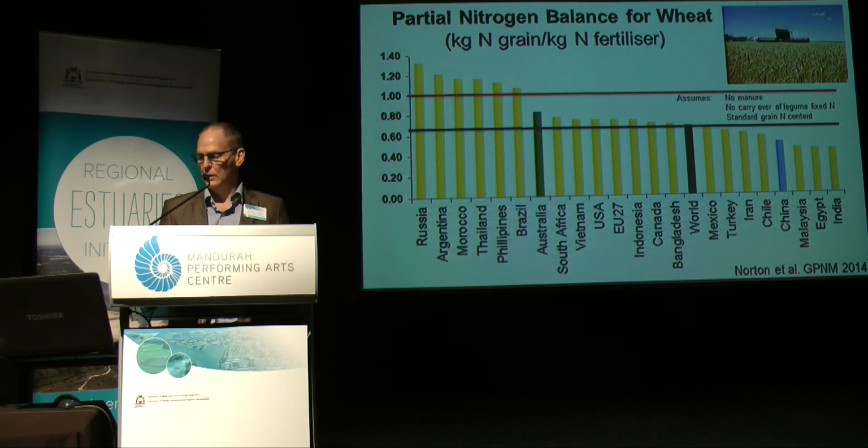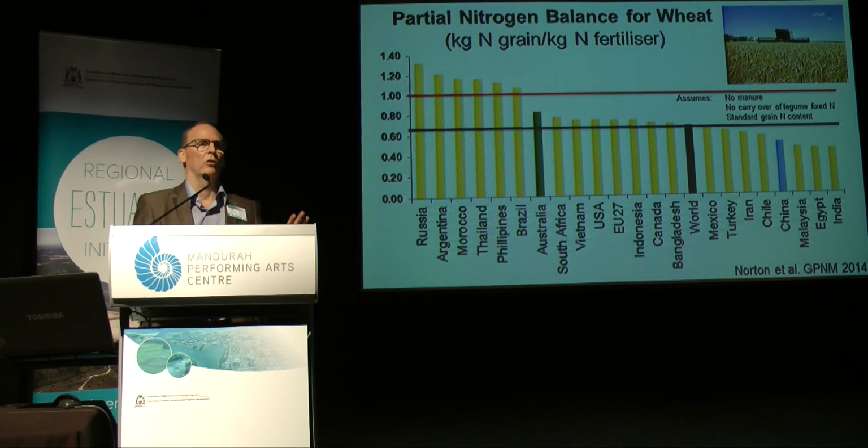Now there are some assumptions around this, and some of them work well for us and some of them don't. So we're not applying, in any broad sense, animal manures into these systems, and some of these countries certainly do. We have historically used legumes as a means of providing nitrogen into our system, and there are still plenty of legume rotations that are used in our cropping-based systems. And we also are assuming a standard crude protein content of the grain. Australia's grain crude protein content is generally lower than most other regions, and the reason for that is we tend to use fairly low rates of nitrogen fertiliser within our cropping systems.